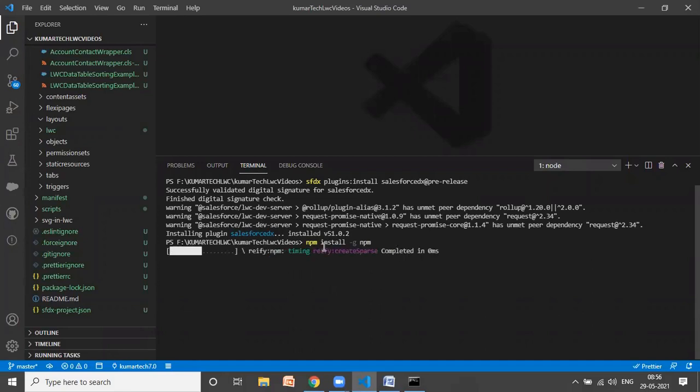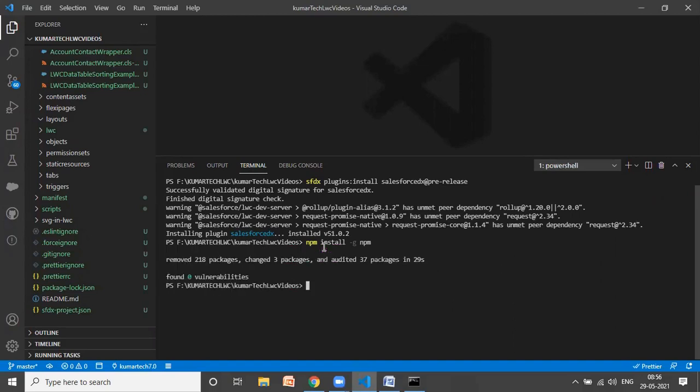Why? Because sometimes, when your Visual Studio Code is not up to date, it causes problems when you deploy to your org from Visual Studio to source. Again, it varies from system to system. In my system, I face such kinds of issues. So I always update these three commands whenever I start my Visual Studio Code.